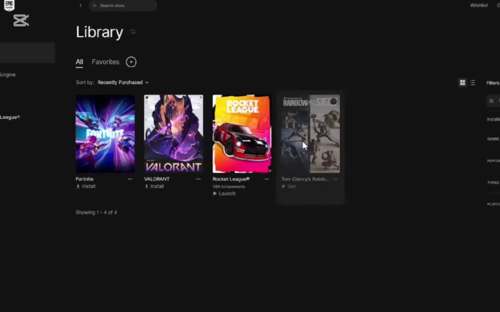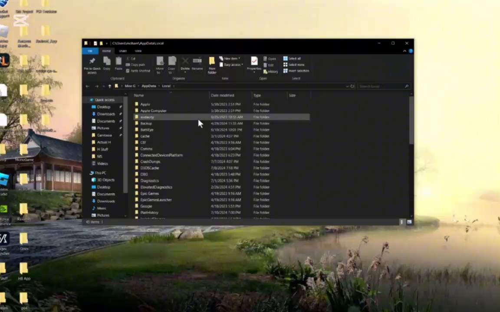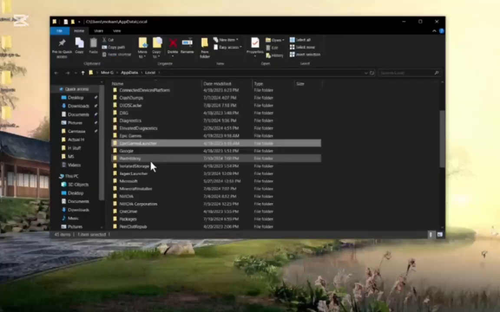To fix this problem, all you need to do is simply close the Epic Games launcher by right-clicking the system tray icon in the bottom right corner and then clicking on exit. After this, you can simply click Start again and type CMD. Right-click Command Prompt and then click Run as Administrator. You need to simply run it as an administrator on your device, and in the window that opens, simply type